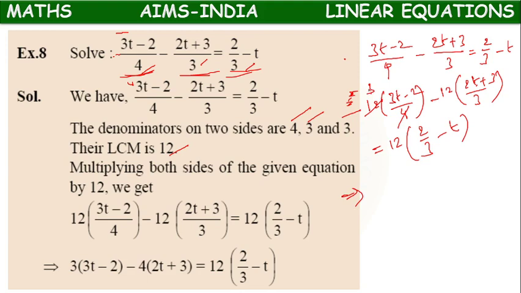We can multiply: 3 into 3, 9t, 3 into 2, 6, minus 3 4 times 12. We have to keep this in bracket: minus 3 4 times 12, 4 into 2t, 8t, plus 4 into 3, 12, bracket close, equals to